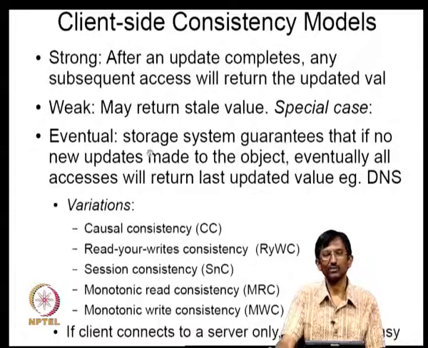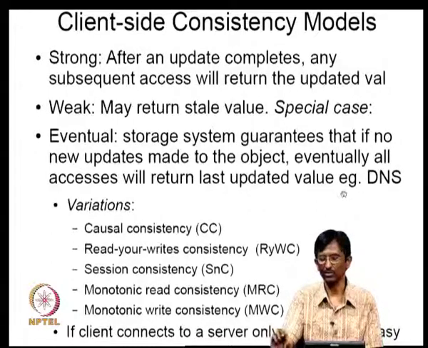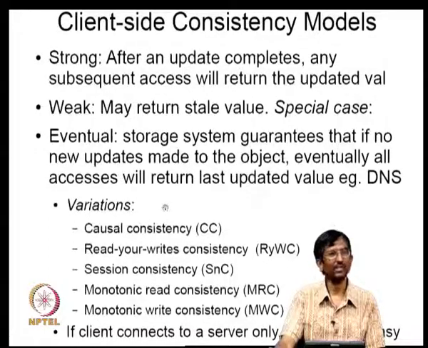Eventual consistency model: the storage system guarantees that if no new updates are made to the object, eventually all accesses will return the last updated value. A classic example is DNS, which holds information about mappings. It will eventually converge to the right values, but there might be some intermediate times when it doesn't converge. It can give you wrong information. The various variations we looked at: